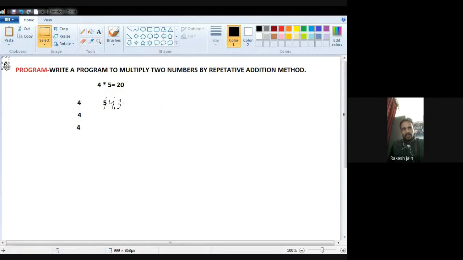Again add 4, now decrement it to 2. Again decrement and add 4. Now decrement it once more by 1. Remember, you should start with 0 the first time.